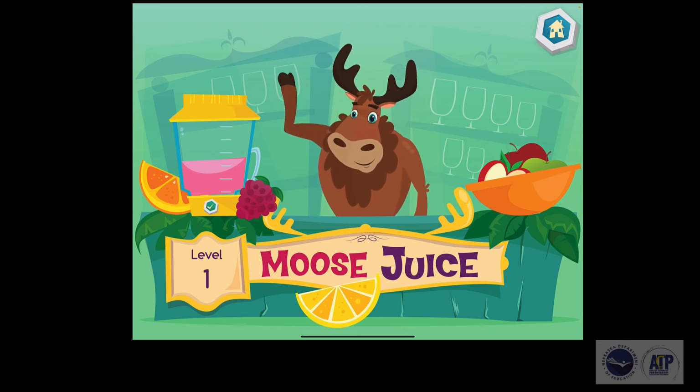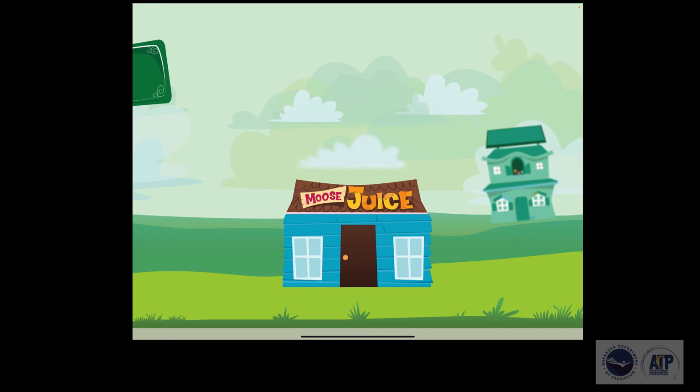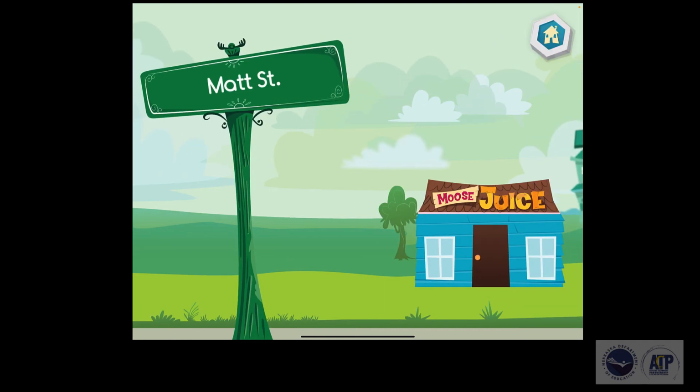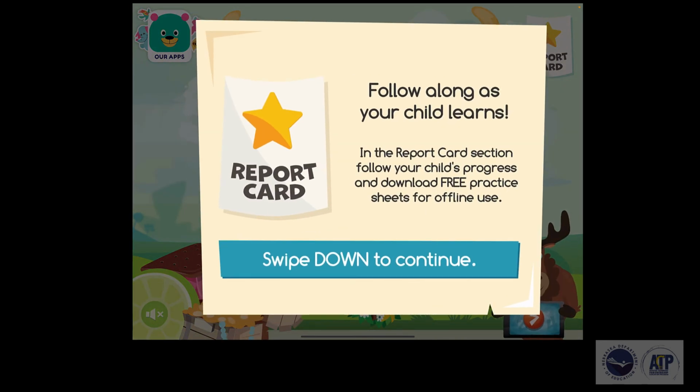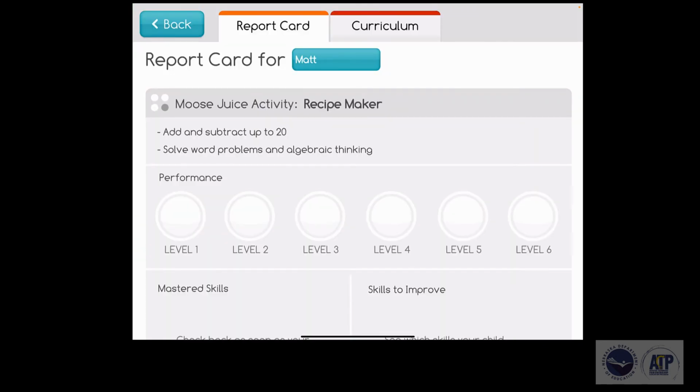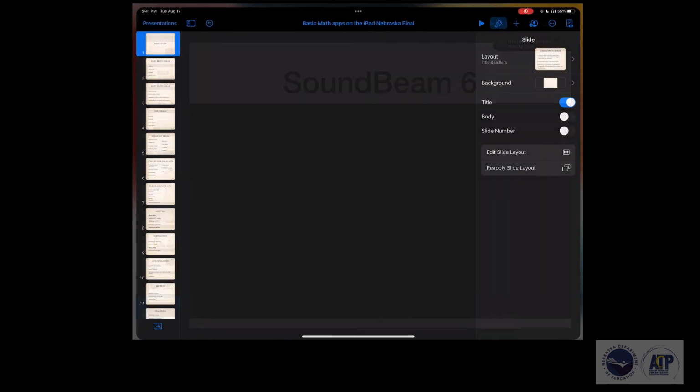Okay, now if I go back again here, go home, I can actually go into my report card, and it's going to swipe down. It's going to show me what the report card is for that activity. Okay, so that's Moose Math. Continuing on,